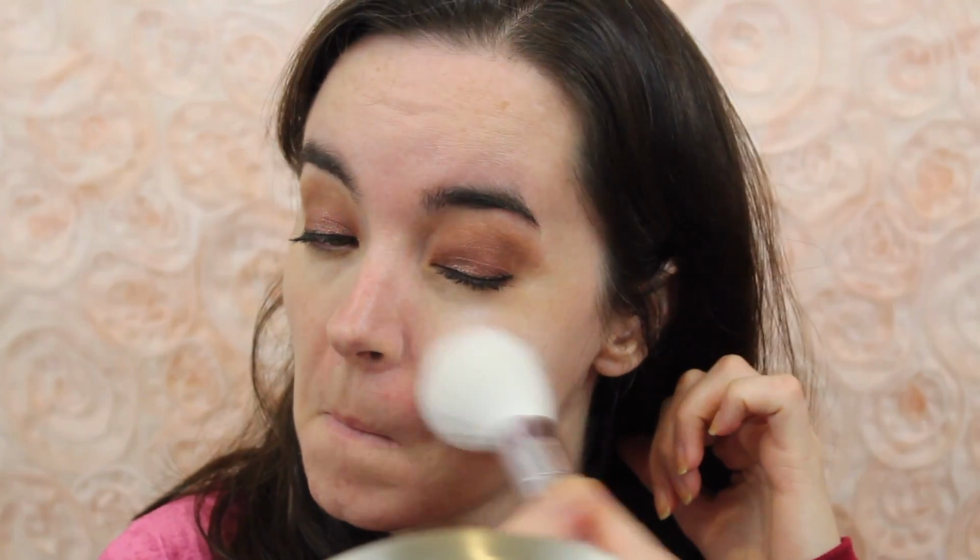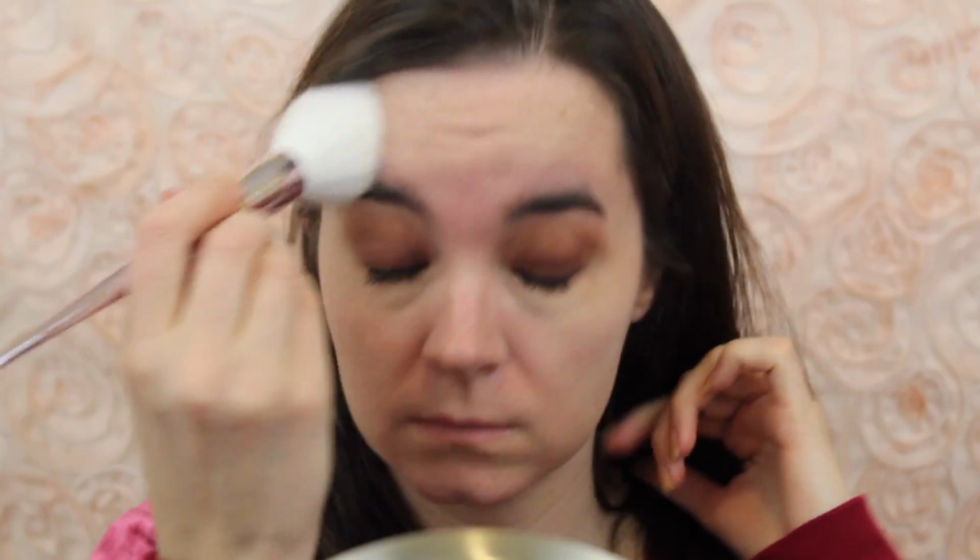I'm going to use my IT Cosmetics Bye Bye Pores primer, not primer, powder. I put this everywhere, like I'm not really sure if I'm supposed to, but I do. I mean, without any face powder. I do like this powder, but